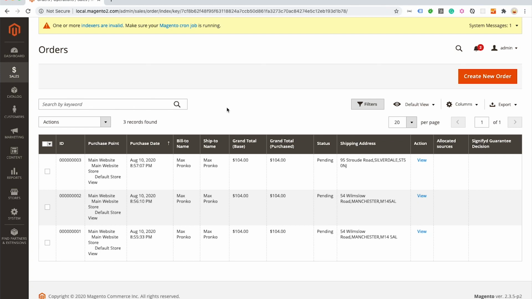In this tutorial, I would like to show you how we can filter a shipping address, in particular a part of the shipping address value, which is a postcode, and add additional logic that will allow us to filter postcode with a space and without a space.